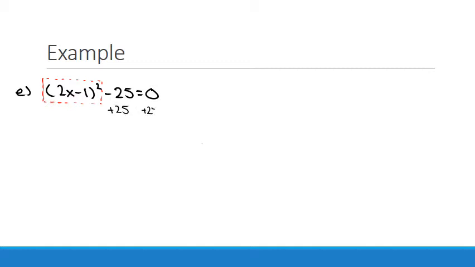So I add 25, add 25. So now I have (2x minus 1) squared equals 25. All right, we have our square term isolated, meaning now I can apply the square root to both sides. I then have 2x minus 1 equals plus or minus 5. So this means 2x minus 1 equals negative 5, and 2x minus 1 can also equal positive 5. So we're going to actually split it up and solve both cases. So I'll have 2x minus 1